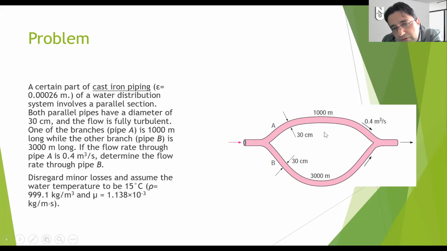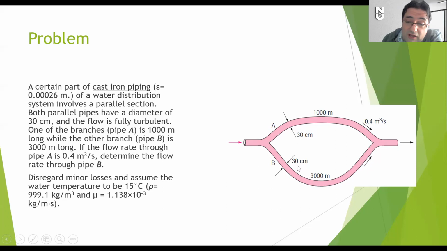This pipe is short, this pipe is long, and based on the Darcy-Weisbach equation, if velocity is increased, the energy loss is going to be larger. So in order to keep the same amount of energy loss in both pipes, the energy loss at pipe A should be equal to the energy loss at pipe B. So certainly you should have a lower flow rate,